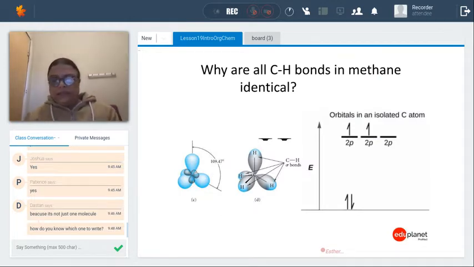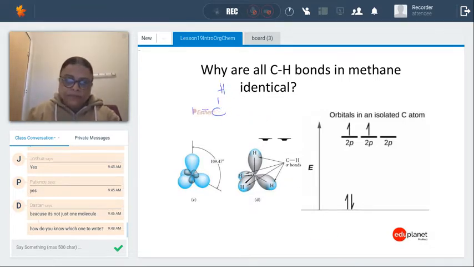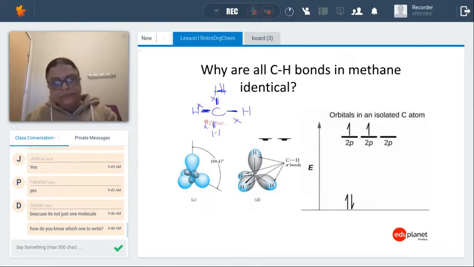Now, a little bit of a story about the carbon. Okay, carbon, if you look at methane, the bonds to each hydrogen, so this bond and this bond and this bond and this bond, they are the same. But this doesn't make sense. This doesn't make sense. If you look at the